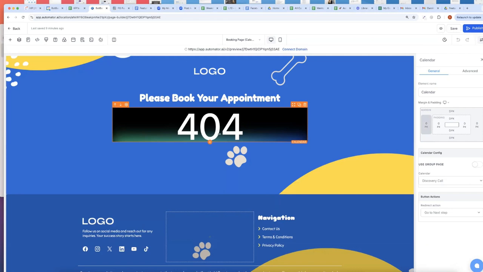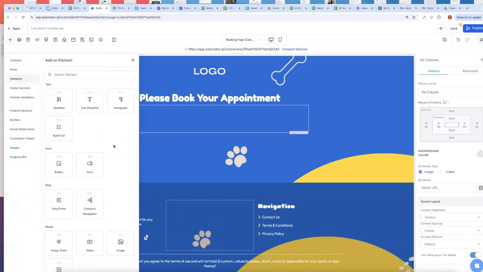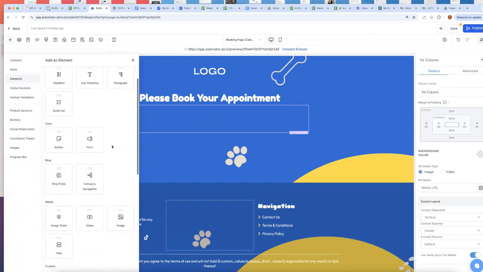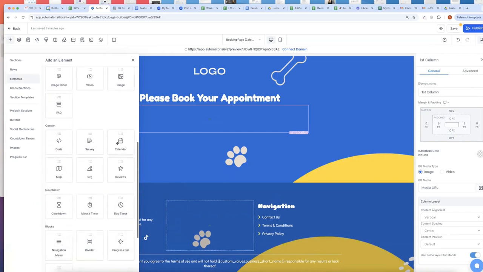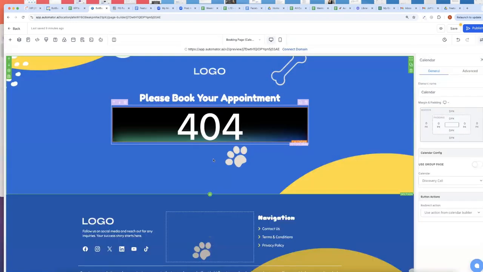So you want to make sure your actual calendar is on this page. The easiest way to do that is add the element, go down to calendar, put it in here, and select your calendar. So I'm going to do discovery call. Of course, it's showing 404 because the discovery call calendar is not actually published in mine. Then you're going to change this to go to next step, so you should be able to see your calendar on this one. And we're going to hit save